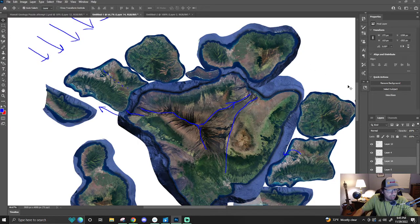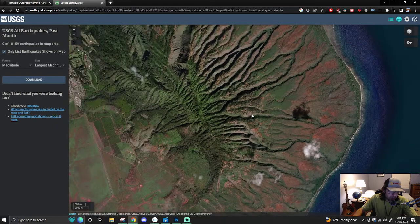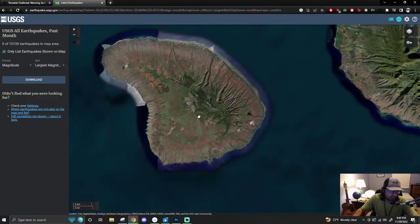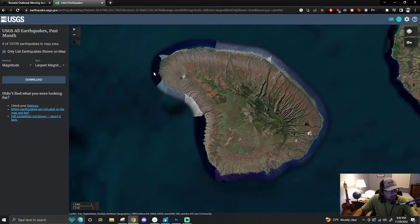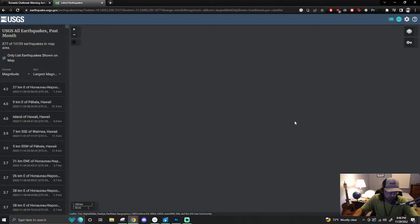So then, let's go back here. The main island, the big island of Hawaii, Maui, that island, and this island, and these islands are accounted for. These two, I still feel pretty good about the concept that they're caused by like a current that flowed out of the side of the big island